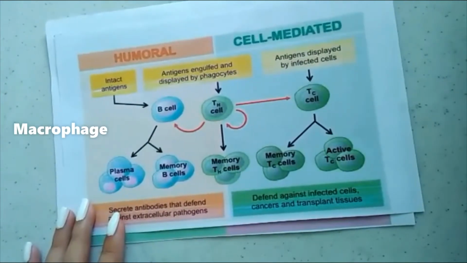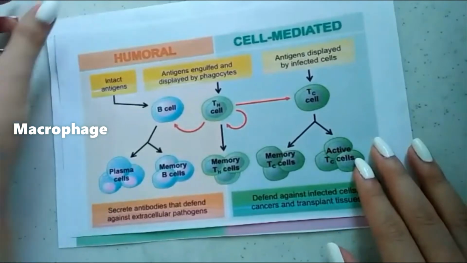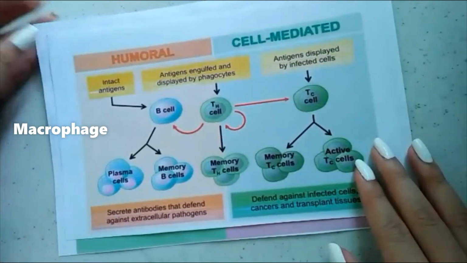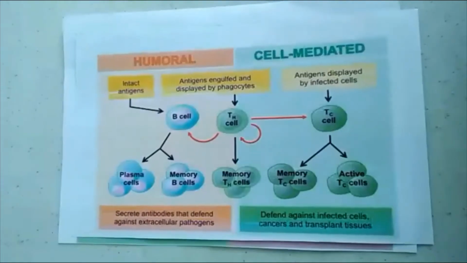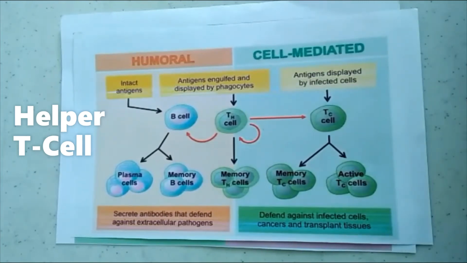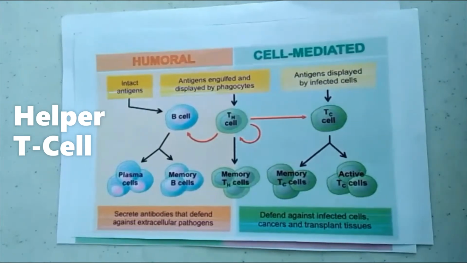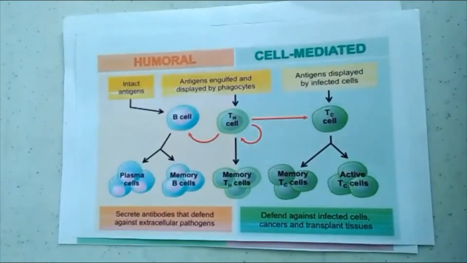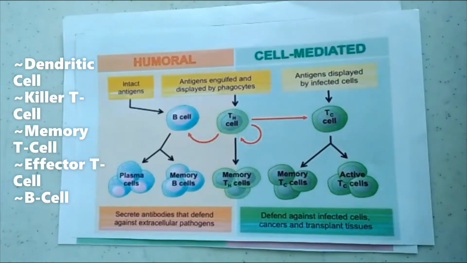The macrophage is a cell that is responsible for detecting and destroying pathogens and apoptotic cells. The helper T cell, immune cell that coordinates and enhances the activity of all B cells and cytotoxic T cells. The dendritic cell processes antigen material and presents it on the cell surface to the T cells of the immune system. The killer T cell that kills cancer cells, cells that are infected, or cells that are damaged in other